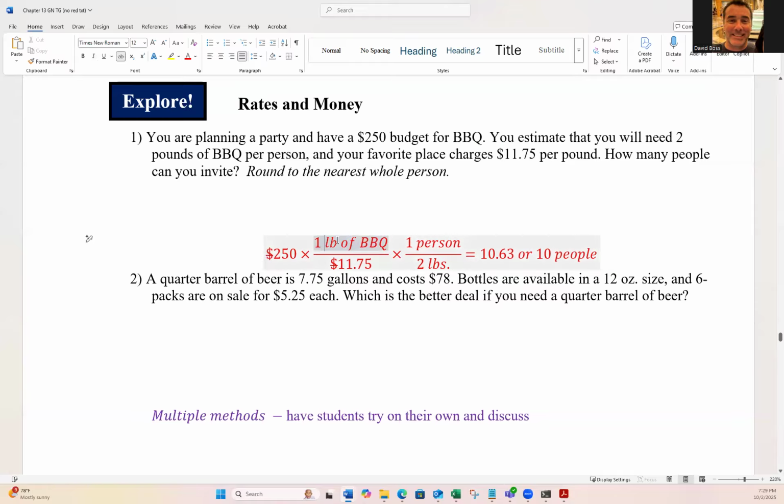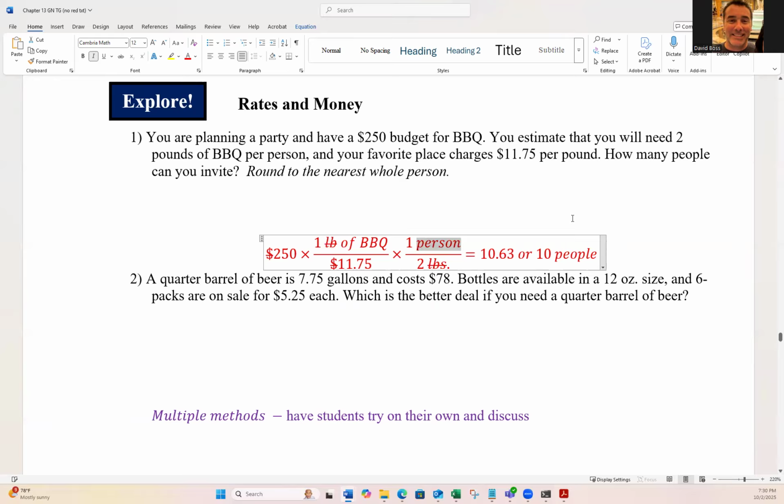Here we go, the pounds cancel out. And then person is left on top because that's what we want. How many people can you invite? So the only thing we want left is person, number of people, number of persons. So you end up with 250 times 1 divided by 11.75 times 1 person divided by 2. Put that in the calculator,